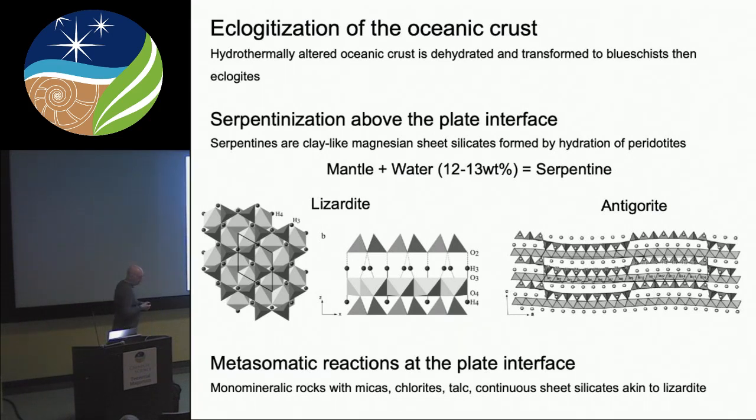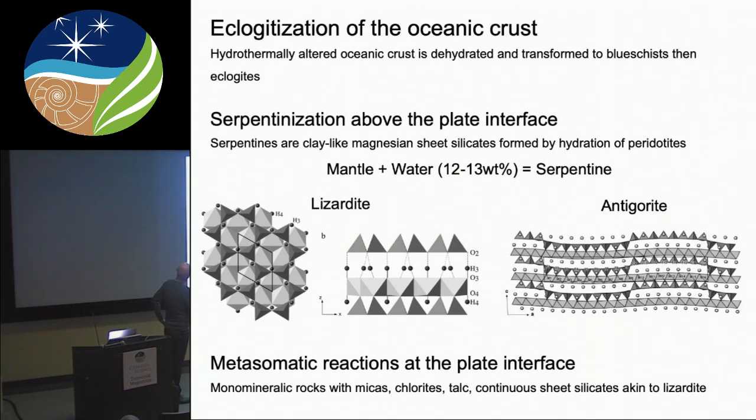So what are we dealing with in this system? We have a three-layer system. We have the oceanic crust that suffers dehydration on the way into the mantle. It's heated and dehydrated and transformed progressively to what is called blueschist and then eclogites. Then the fluids released from this transformation may percolate through the system and reach the mantle that is above the